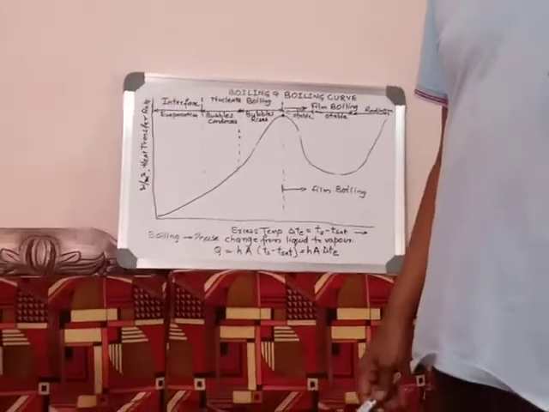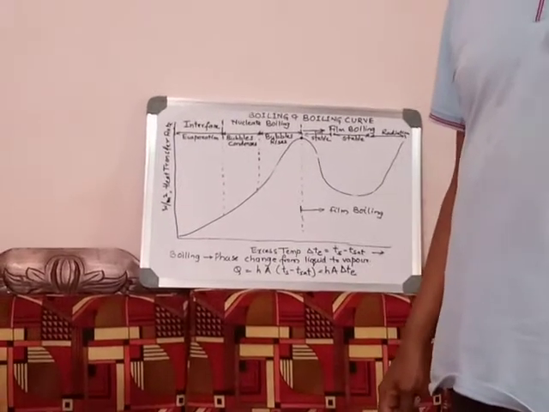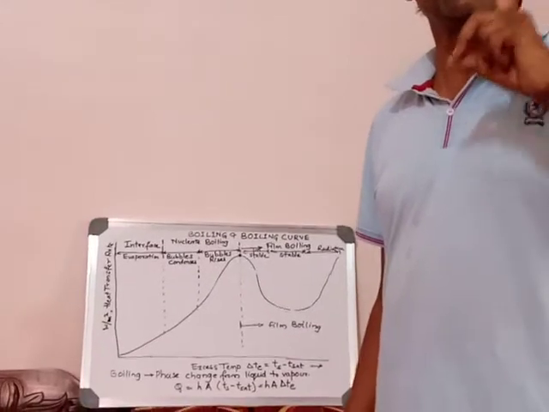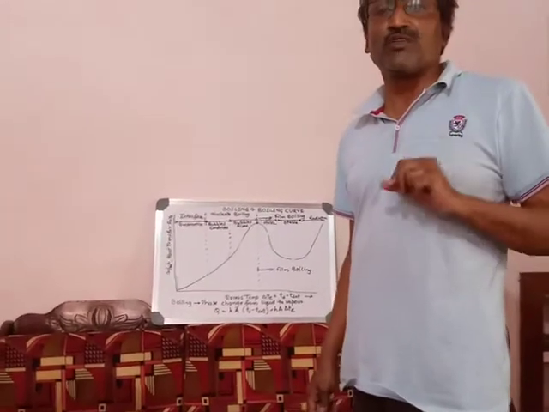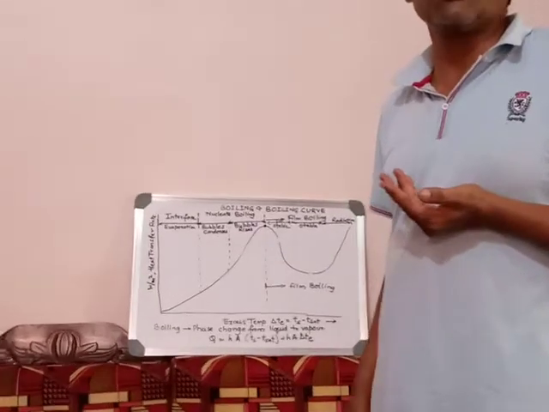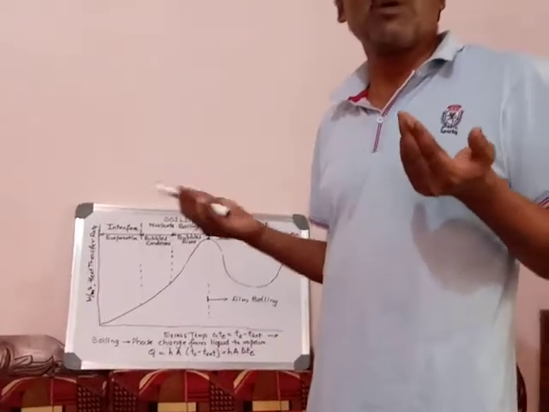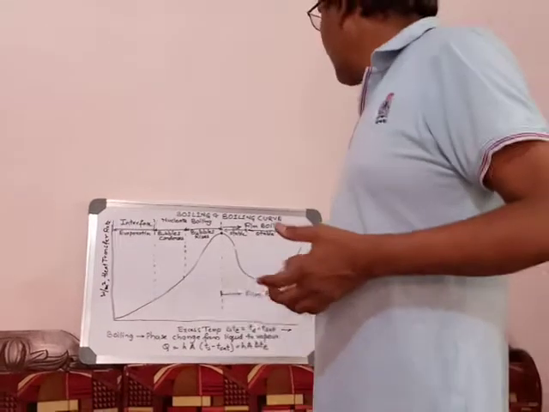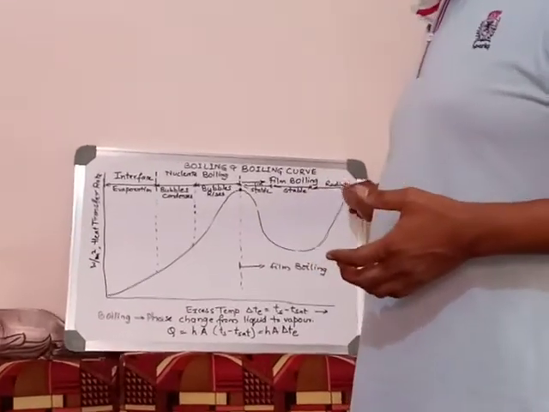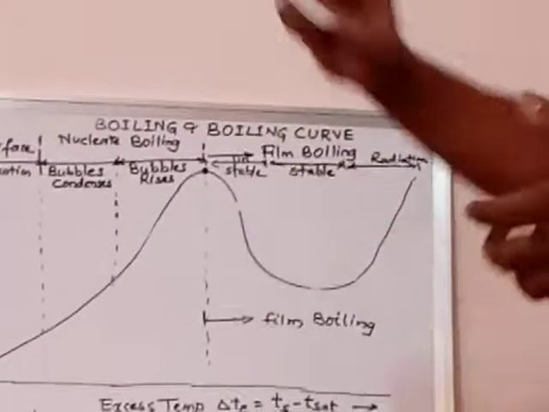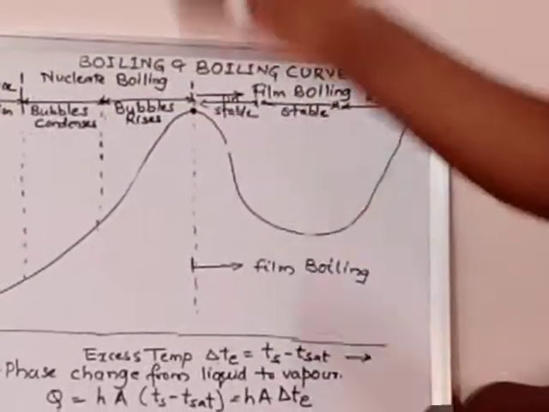The heat transfer is increasing because of the radiation, and radiation is very dangerous because it is T raised to 4, the fourth power of the temperature. At a high rate, the heat transfer will take place. The nichrome wire is not able to tolerate that particular temperature. What will happen? Slowly, at this particular point, it will burn out. The last point is called the burnout point. The nichrome wire will burn out.